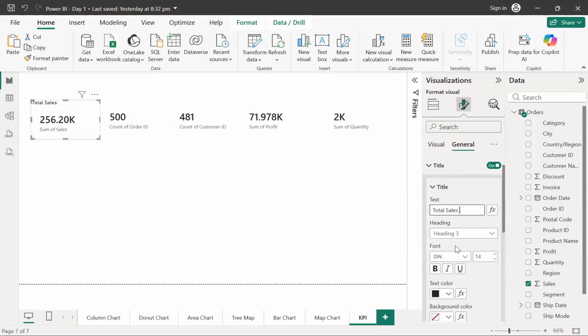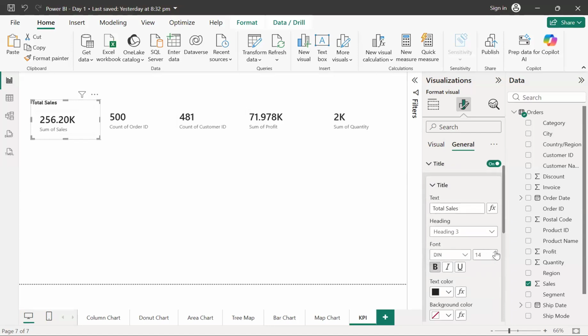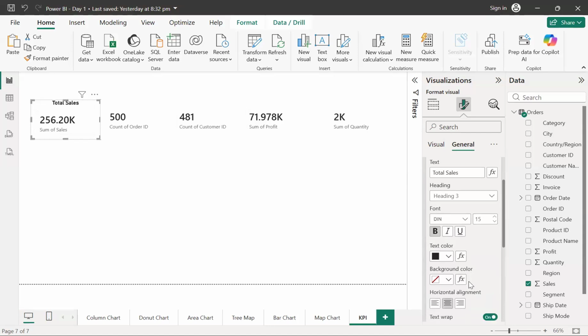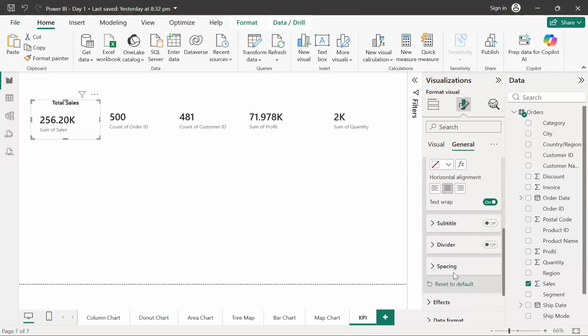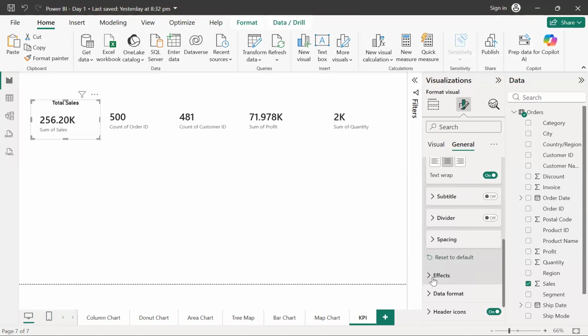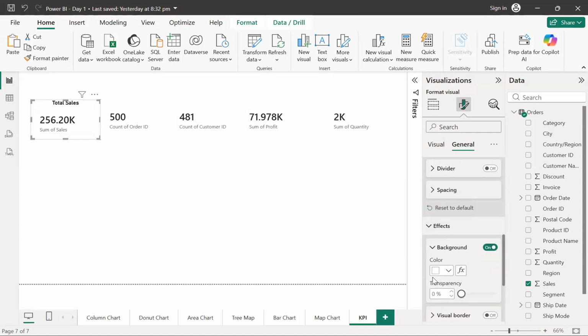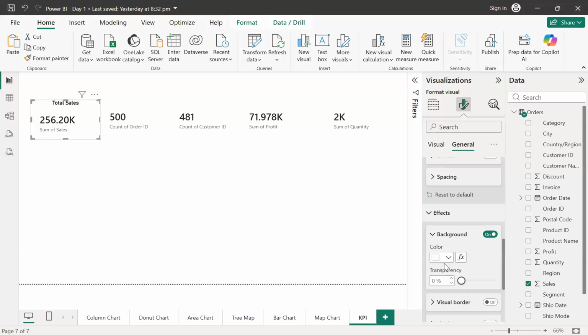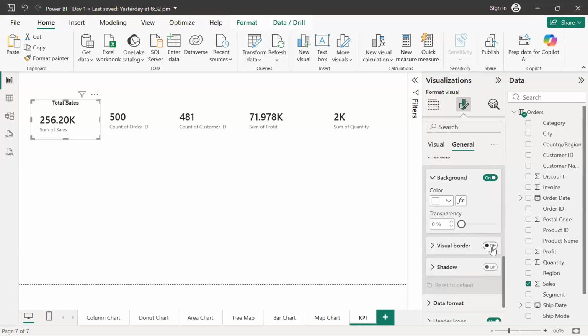Now this total sales, I can try to make it bold. I can try to increase the size and bring it to the middle. The next thing we can do is add some effect. For adding the effect, you can change the background color, but I think that is fine, we will do that in our projects.